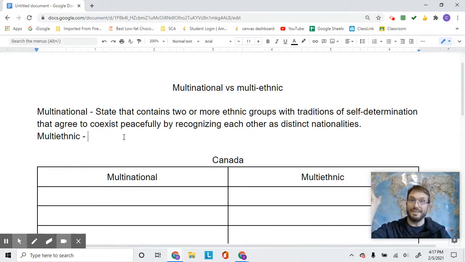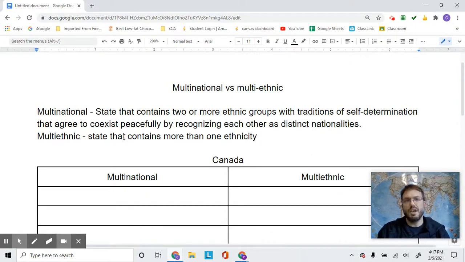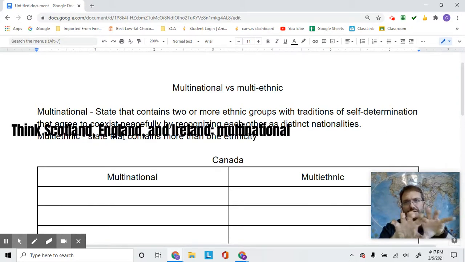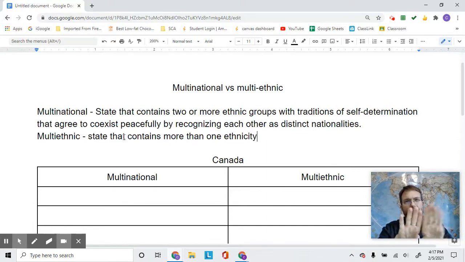Multi-ethnic means pretty much exactly what it says. It's a country, let's say a state, that contains more than one ethnicity. That's it. So the big difference between the two is that one has just multiple ethnicities, where you think of them as being much more blended with each other than in a multinational state. In a multinational state, that's where you see like one nation lives here and the other nation lives here, and yeah, there's some crossover, but they really just kind of agree to be on their own, even though they're all one thing. Multi-ethnic is where all those ethnicities are really combined, like kind of more fully combined than in a